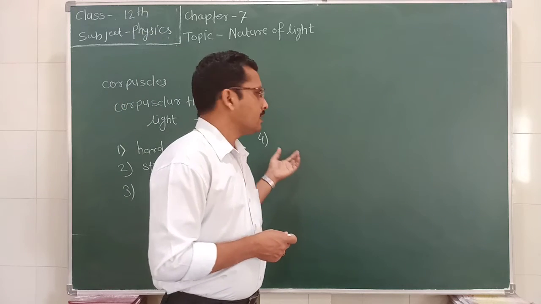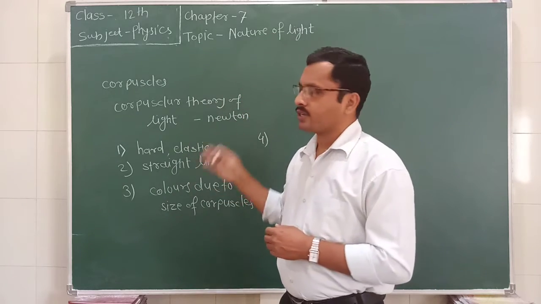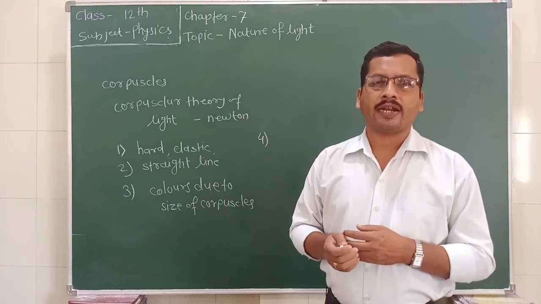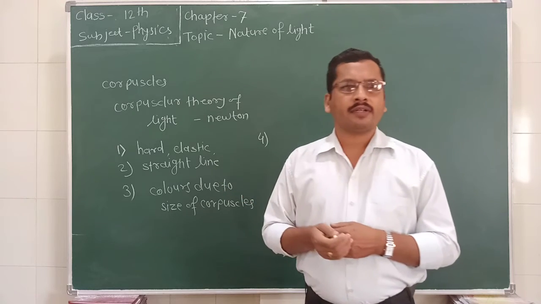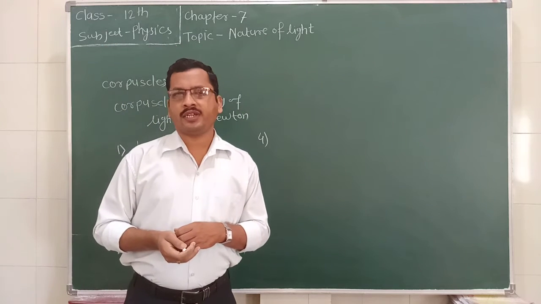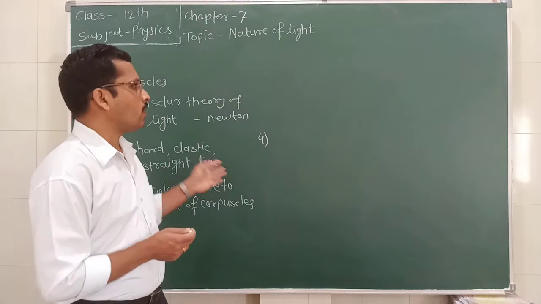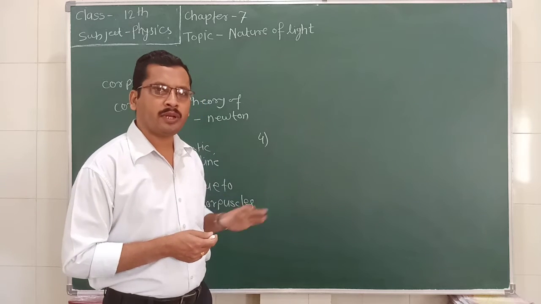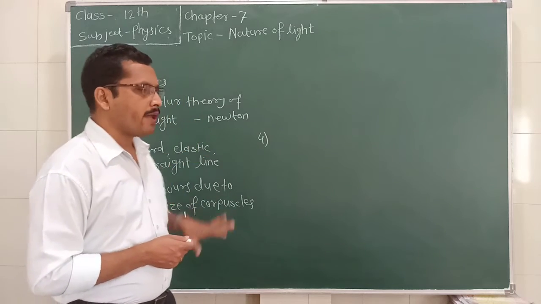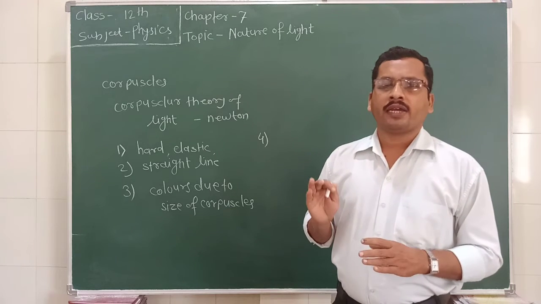So these are some basic assumptions made by Newton in the corpuscular theory, which state that light acts as a particle. But some phenomena like reflection, polarization, and refraction cannot be explained on the basis of particle nature. To explain such phenomena, we need the wave nature of light. So, there are some drawbacks in Newton's corpuscular theory, the particle theory, and therefore Huygens